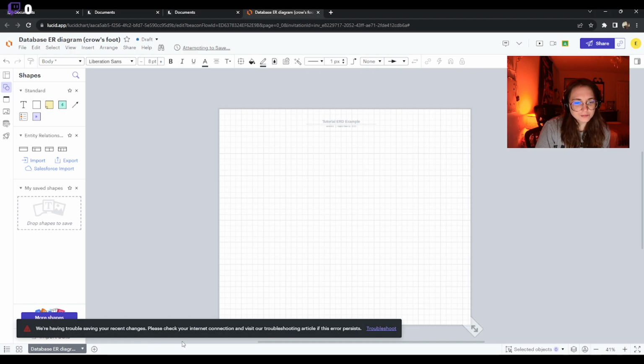And ignore my internet connection warning down here. It's because Spectrum is actually garbage, so you won't have this warning unless you have bad internet and you try to create too many documents at once,